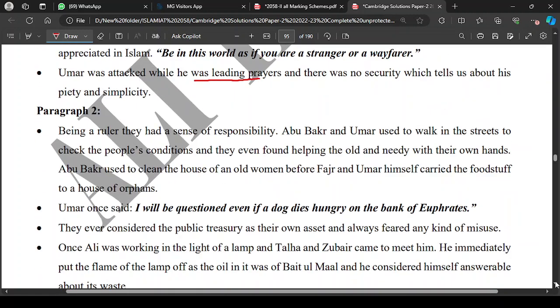In the same way, being rulers, they had a sense of responsibility. This is also one of their greatest attributes. Abu Bakr and Umar used to walk in the streets of Medina and check the condition of the people. If they found someone in need of help and support, they themselves provided them with support. Once Umar was on his routine patrolling, when he noticed an old woman living somewhere away